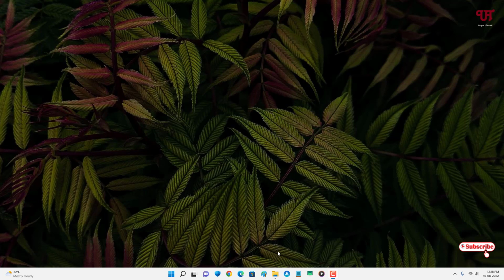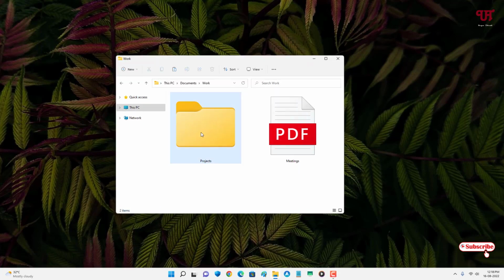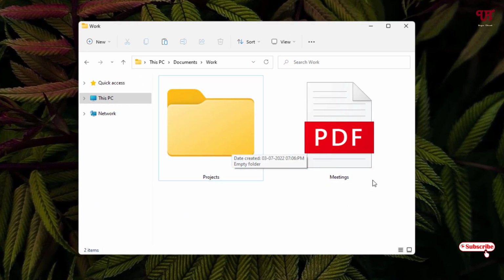So firstly let me show you by opening. So I have a folder here and I have one file here, right? So how you can compress this folder or this file. For this, what you need to do, say I want to compress this folder, then just right click on it,